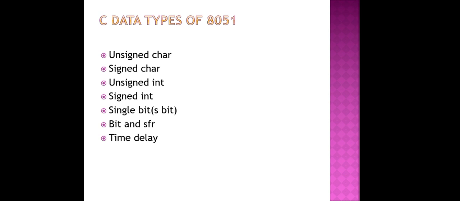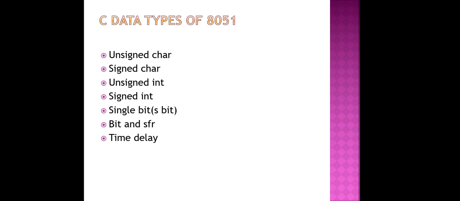Next is the single bit, or sbit, data type.